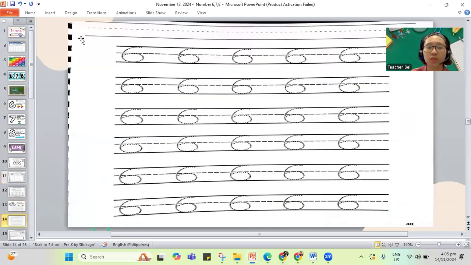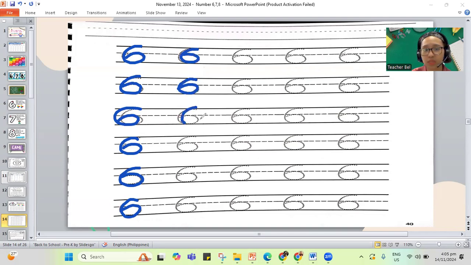Now, trace all of your number 6, just like what I am doing here on the screen. Remember, you have to make a curve, go in, a loop for your number 6. You have to remember number 6 has a big belly. So this is how you make your number 6.